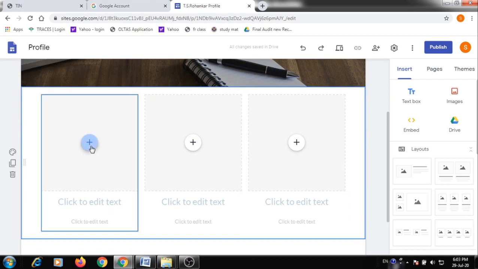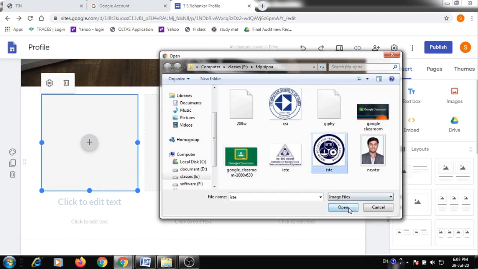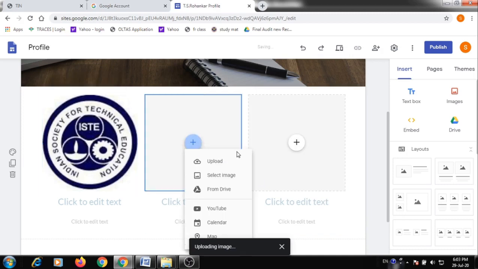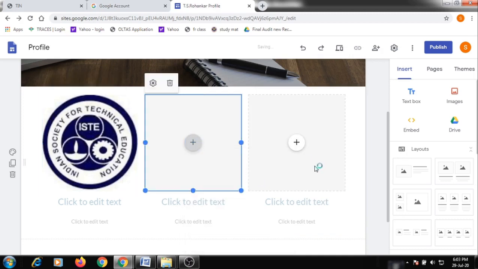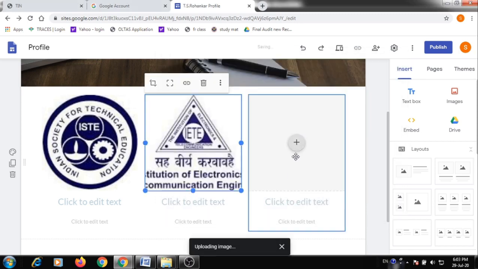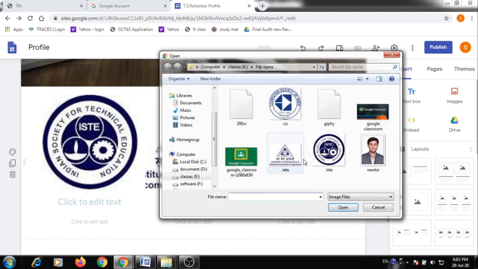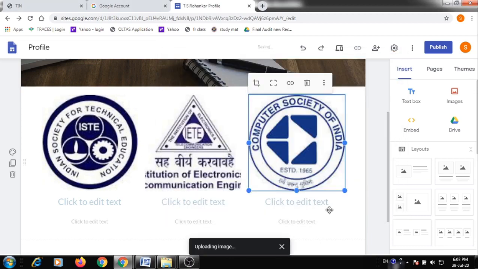Let's add some pictures. I am going to add the first picture as an IST logo. Then once again I am going to add another logo over here. Here also I am going to add another logo, that is for CSI.